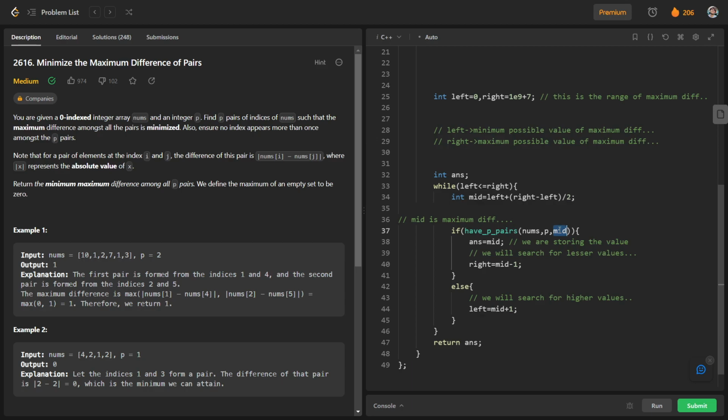If we have p or more pairs, it means that this function is returning true, so we will store the value of mid. Answer is equal to mid, and we will check for smaller values because we have to minimize it. So right is equal to mid minus 1, and otherwise we will check for higher values. So left is equal to mid plus 1, and finally we will just return answer.